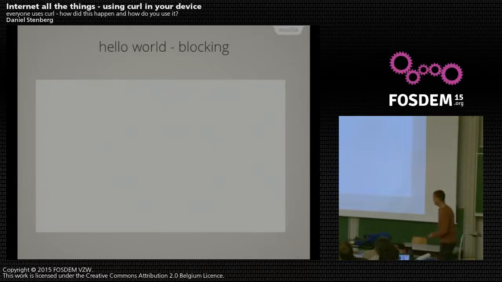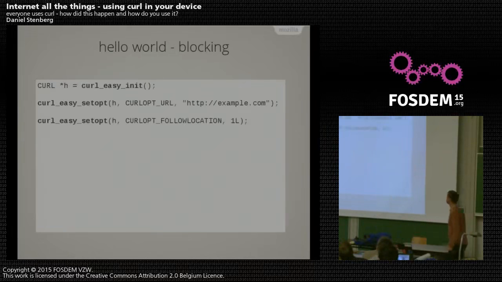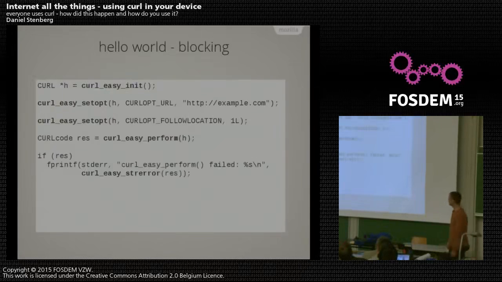So here's how to do it. You create a little handle. You set some options. You have a URL. You tell it, yeah, I want to follow redirects in HTTP. And you do the transfer. Bam, done. That's as easy. That's how you do a single simple transfer, asking for that URL. And of course, this uses default settings for everything else. So you'll get this sent to standard out, which you may not do in your application. And when you're done there, you clean up the handle and you're done.